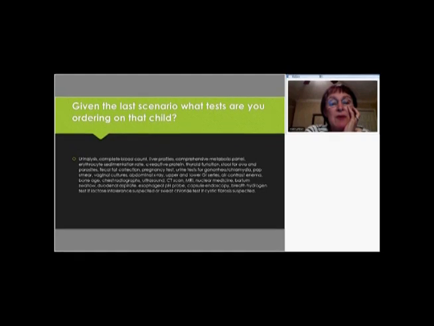So those would be great tools to use. You might want to do a CMP, a comprehensive metabolic panel on him. But honestly, the way he's looking, I think I would be more inclined, after the exam, to ship him across the way. Because what do we know about little children's appendix